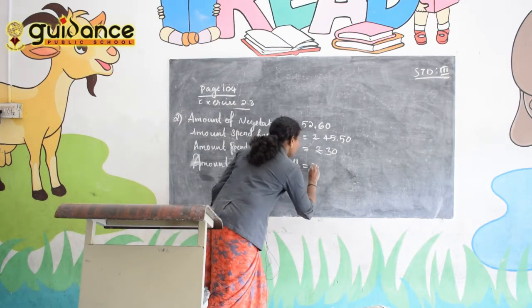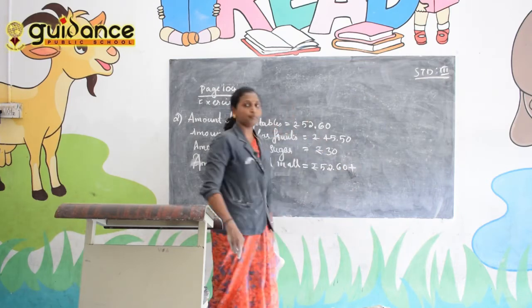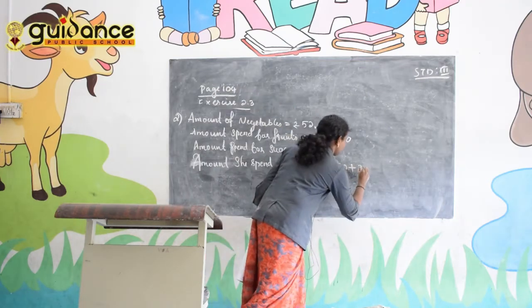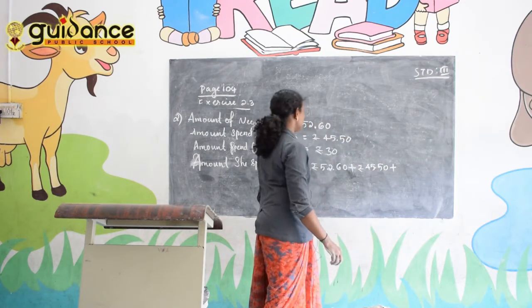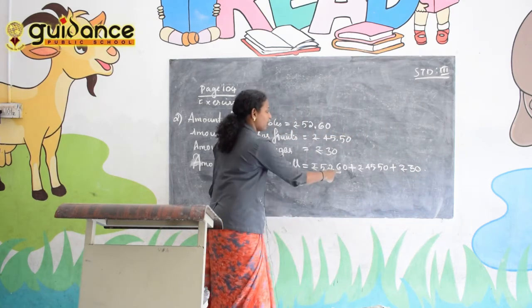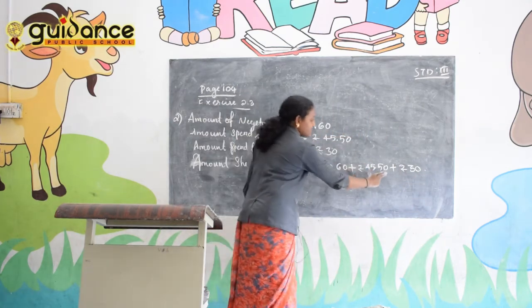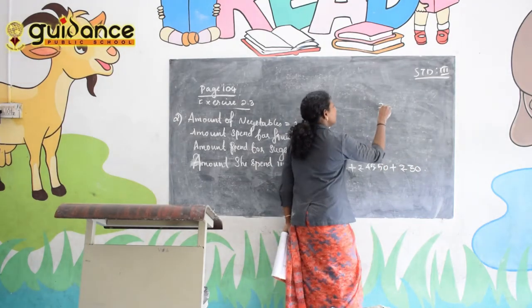That means 52 rupees 60 paise plus 45 rupees 50 paise plus 30 rupees. This is the amount of vegetables, this is the amount of fruits, and this is the amount of sugar. That means to find the sum,